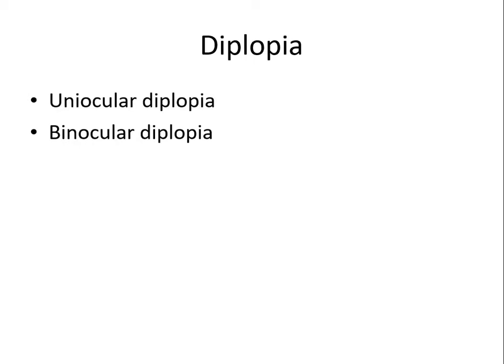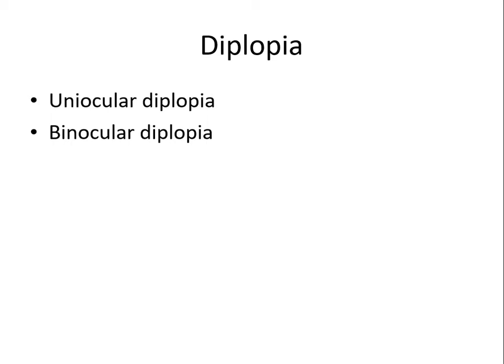The image will fall simultaneously on the fovea when both foveas are simultaneously stimulated. So this occurs when there is alignment of the eye. If there is squint, paralytic squint, one eye will be deviated out or in. So in that particular eye, the image will not fall on the fovea.